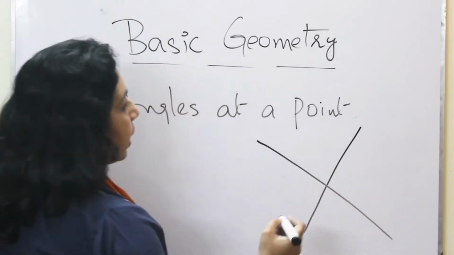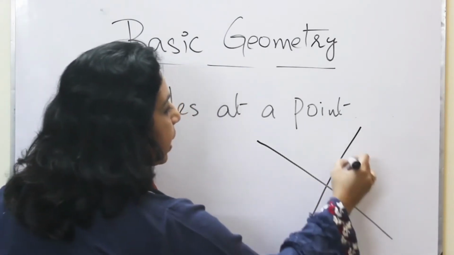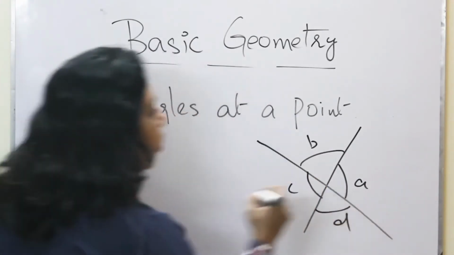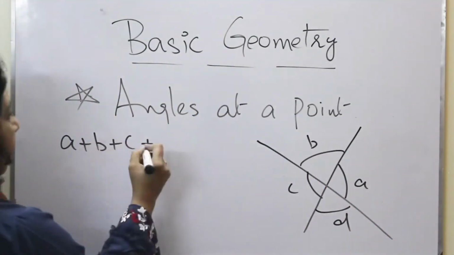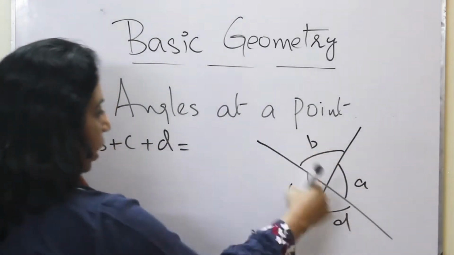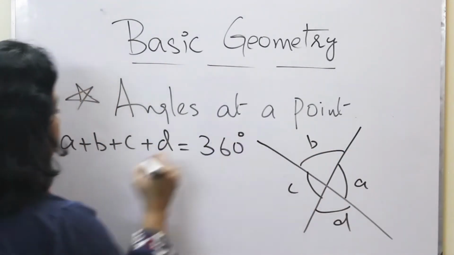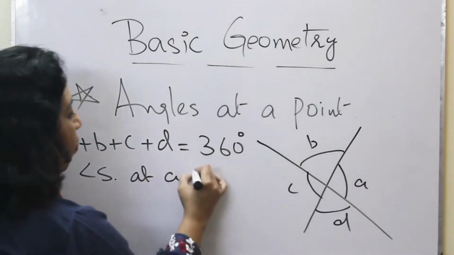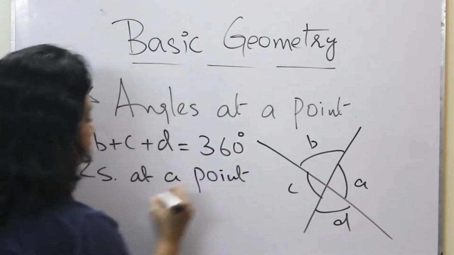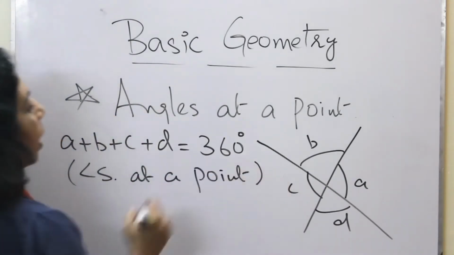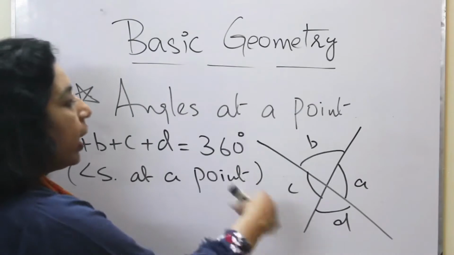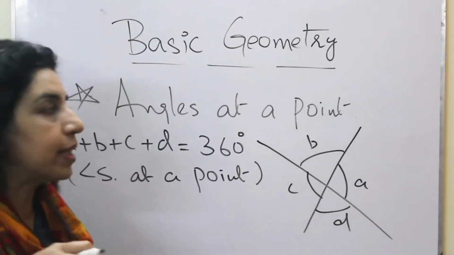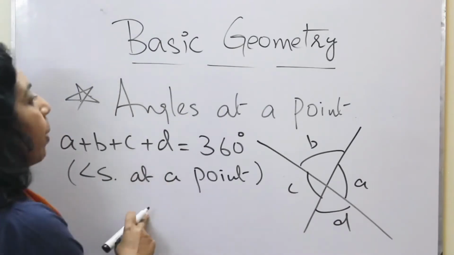After adjacent angles, we have angles at a point. If we take such lines, and if we have, for example, this is A, this is B, this is C, this is D, we can have even more than 5. And when we say A plus B plus C plus D equals the whole 360 degree, we will say that these are angles at a point. You can write the complete word point, or you can write PT. The sum of angles at a point is 360 degree. The sum of angles on a line is adjacent angle. These are on a line, this is at a point.